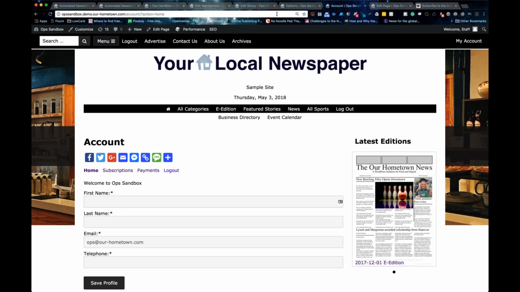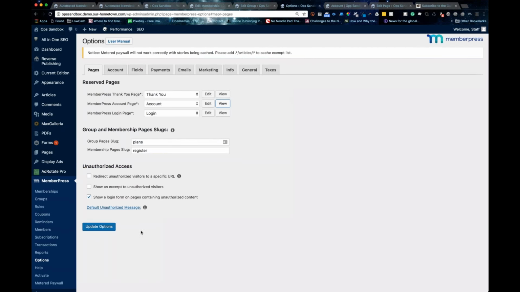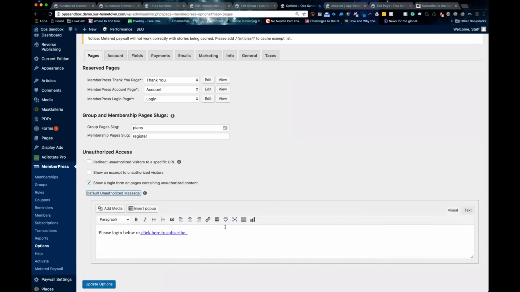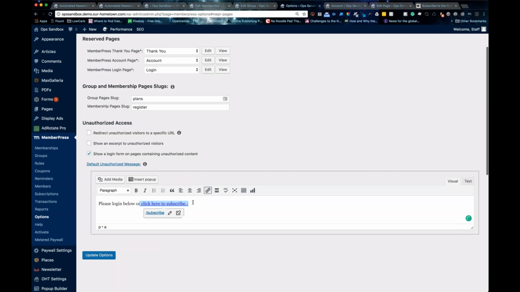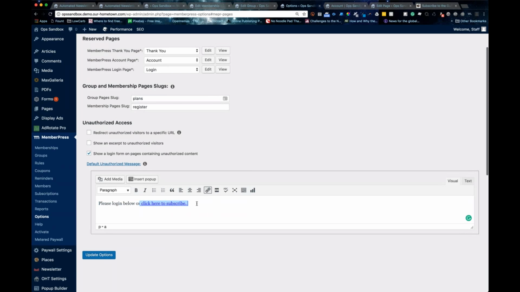Correct. So just make sure you create that page and add that link for their account. If they want to change the payment paywall message, this default unauthorized message right here, if you click that, it's going to open up. Usually it says you're not authorized to view this content, so you want to update it to something a little nicer. I usually say please log in below or click here to subscribe, and link to the actual